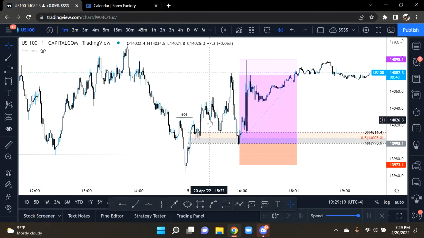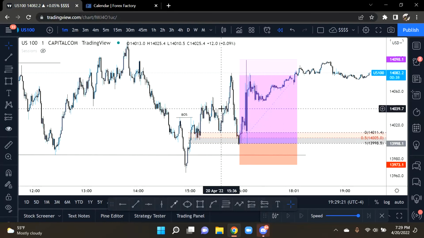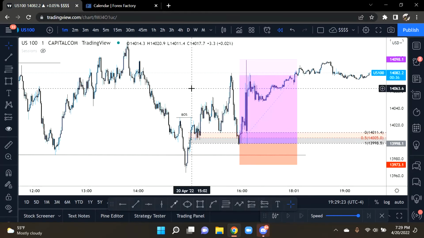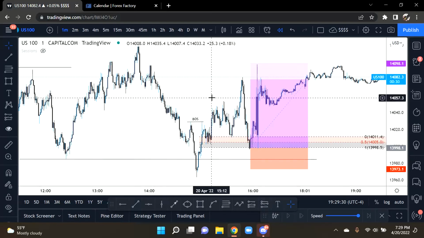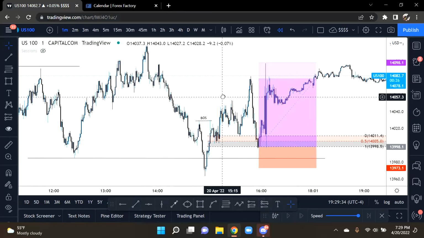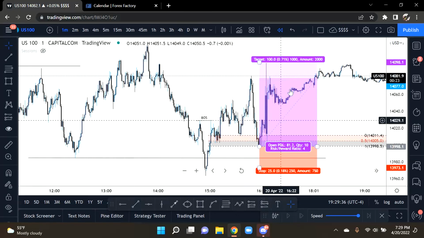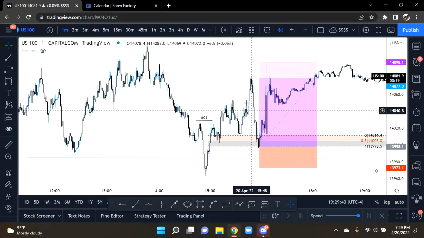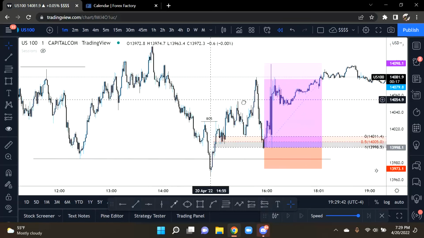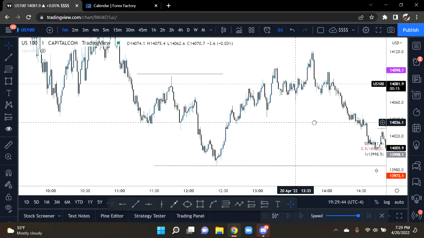So that is it for today. Hopefully I did help anybody out or show you guys a different way of scalping with high probability, and why you should be looking to trade in specific directions and not against whatever the smaller time frame is telling you. Because if we were to look at the lower time frame,